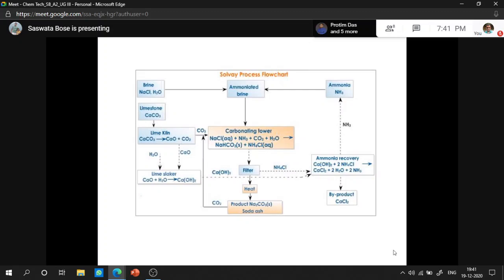Next, what did I say? Chlor-alkali industry. Okay, next will be the chlor-alkali industry. Generally in the chlor-alkali industry, amra chlorine and sodium carbonate manufacture ta take care korbo. So today I will be discussing the